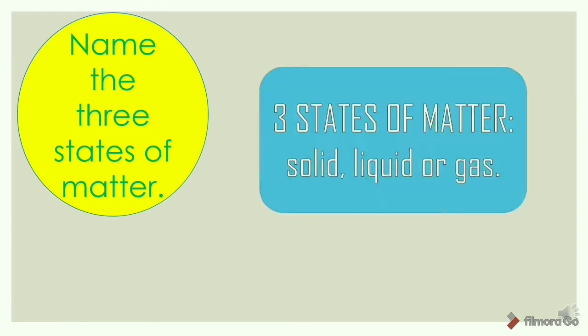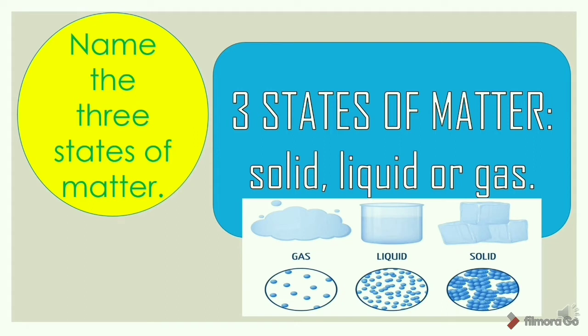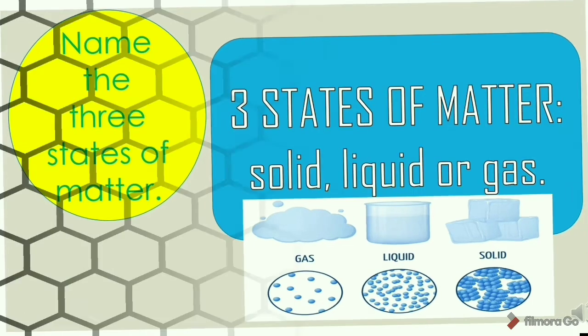Now, let us name the three states of matter. Solid, liquid, or gas. When we say state, it is a condition or stage in the physical being of something. In Filipino, ito ay ang estado o kondisyon ng pisikal na katangian ng isang bagay. Meaning, may three states o uri ang matter. It can be solid, liquid, or gas. Ang mga nasa larawan ay ang representasyon ng different states ng matter. Ang maliliit na bilog ay naglalarawan sa maliliit na particles na bumubuo sa matter. Ang maliliit na particles na ito ay hindi nakikita ng ating mga mata.